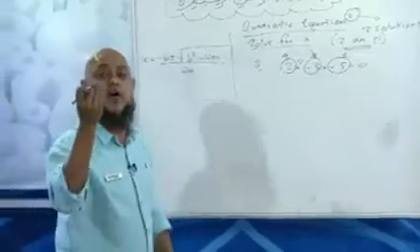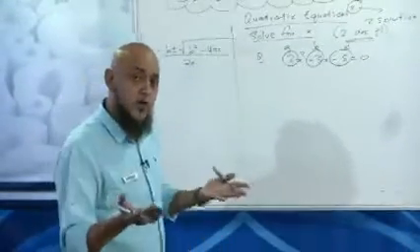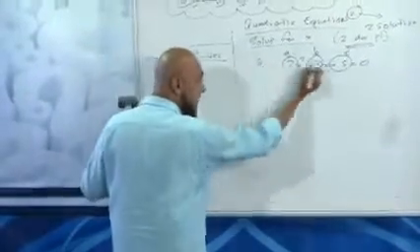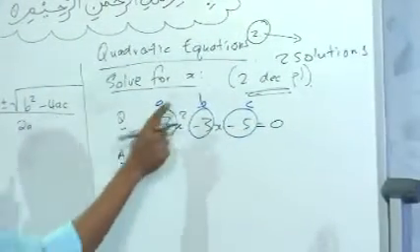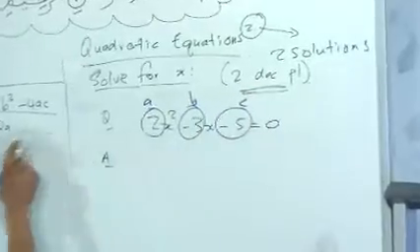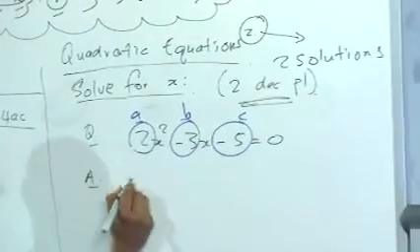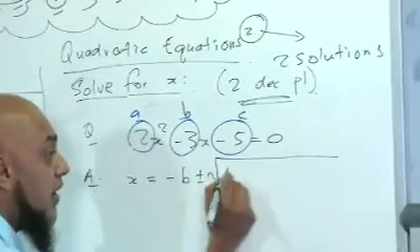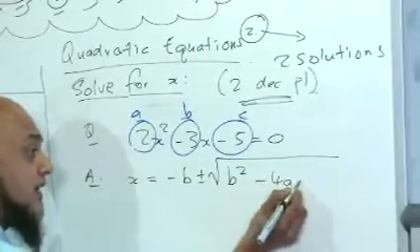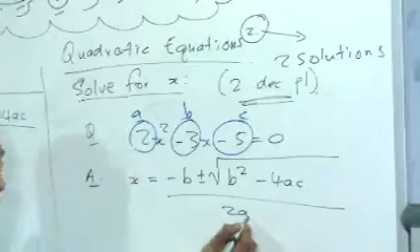Sometimes they might say, leave your answer in simplest surd form. No problem. Let's now apply. So that's the question. That's how it will appear in the exam. This is where we start. Now, because they told us correct to 2 decimal places, we're going into the quadratic formula immediately. x is equal to minus b plus minus the square root of b squared minus 4ac, all over 2a.